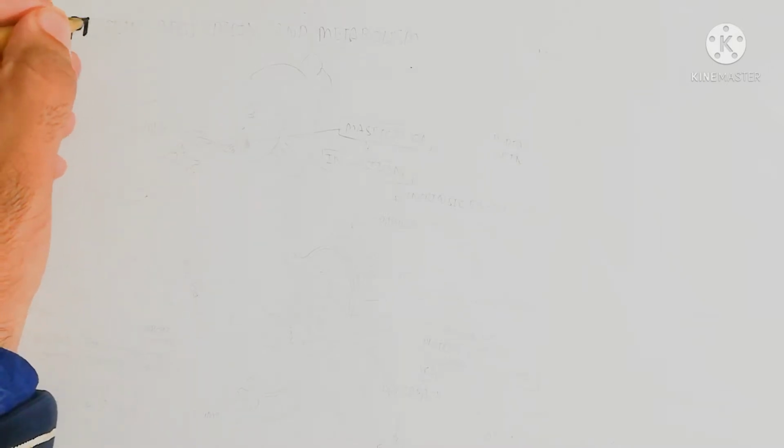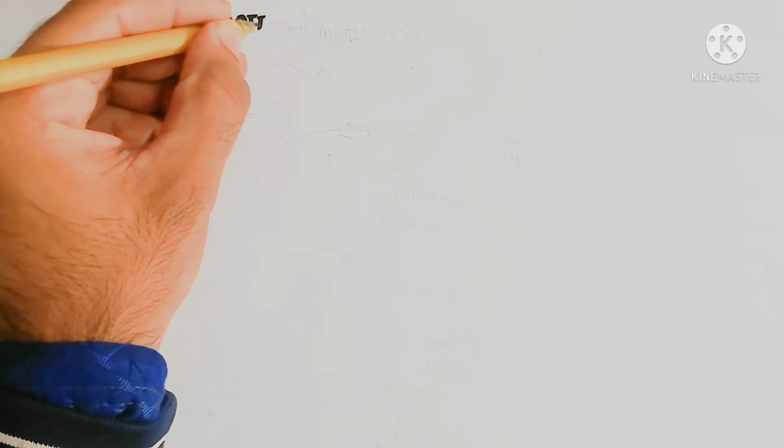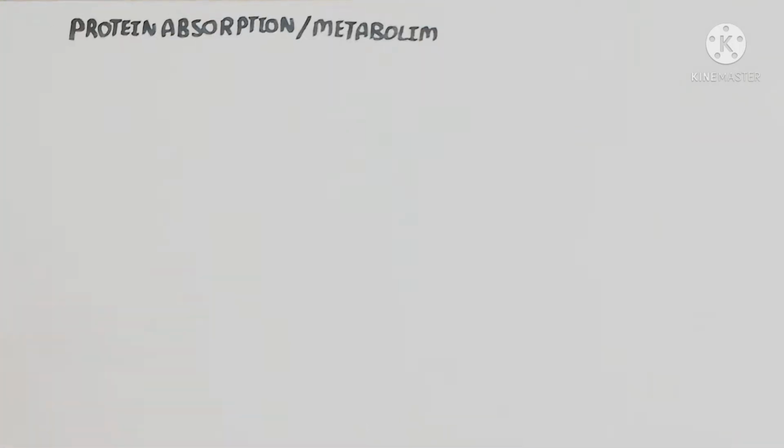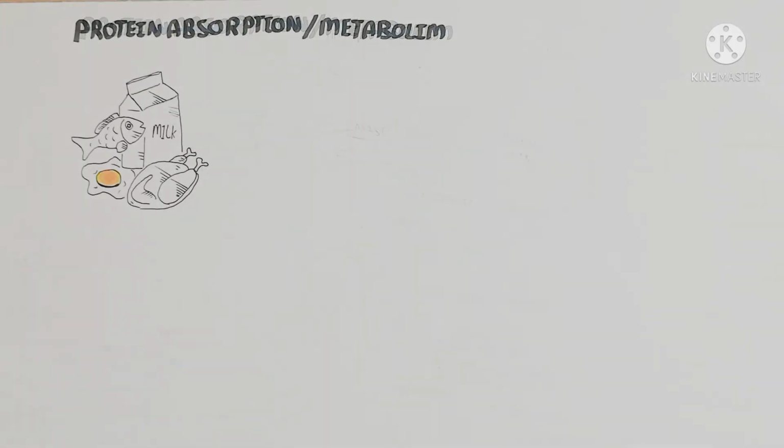Hello, in this video we will discuss protein absorption and metabolism. First of all, we will understand protein absorption in the digestive system. Foods are made up of protein, for example chicken, egg, fish and milk. These are all foods that contain